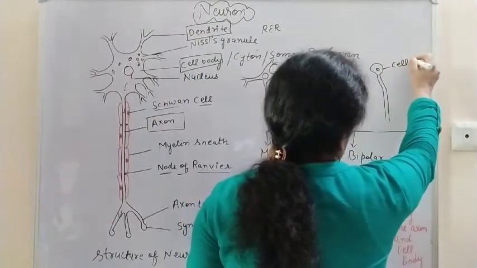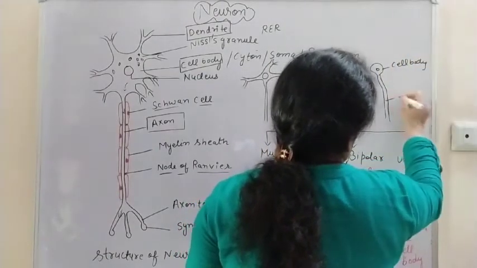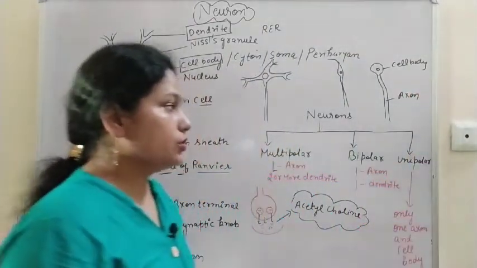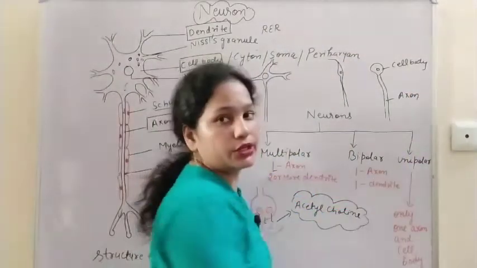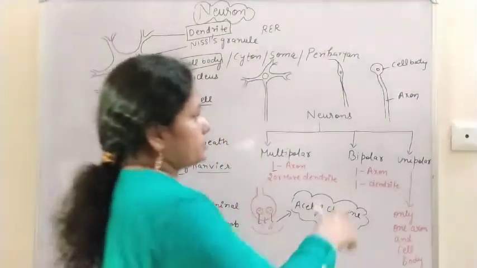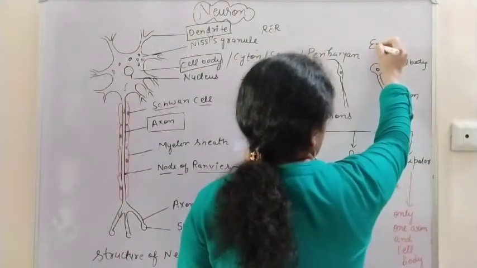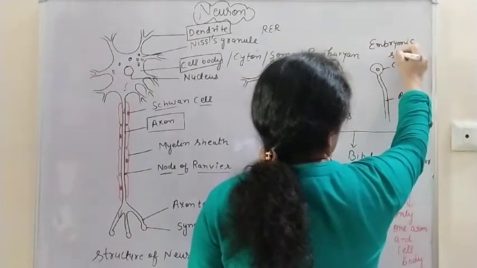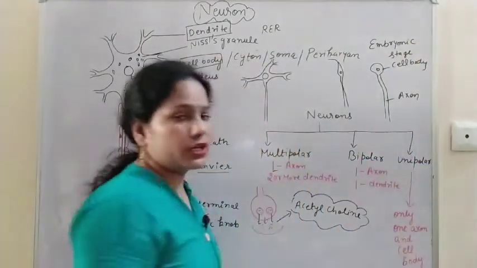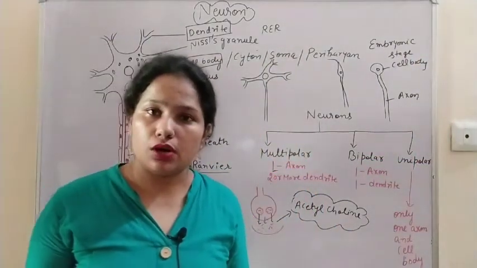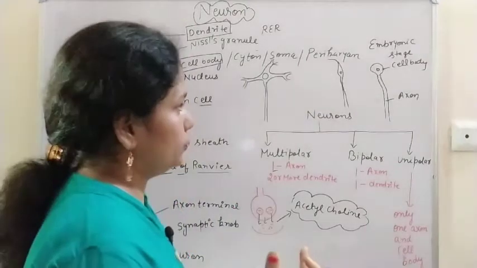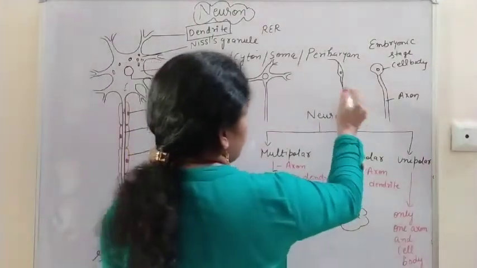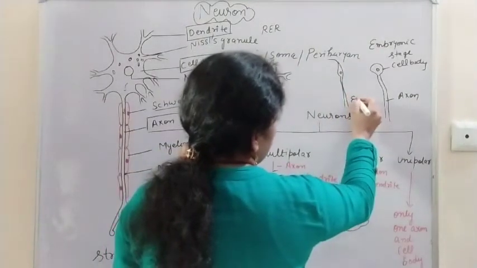That is the cell body and the axon in case of unipolar. So these type of unipolar neurons are present in the embryonic stage. Embryonic stage means in the embryonic life, when there is an embryo, neurons of this type are present in that life. Bipolar neurons are present in case of the eye,